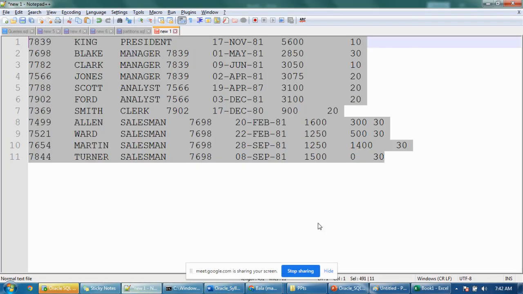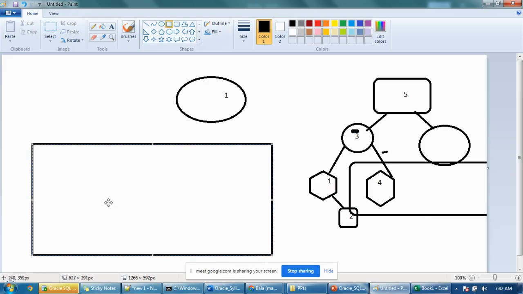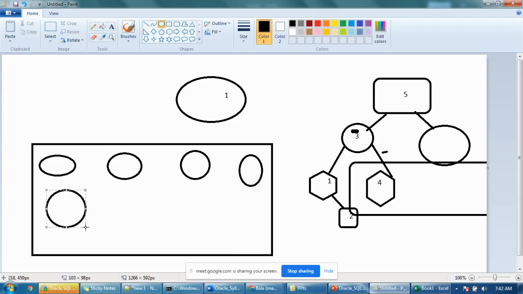Internally, the chain will be like this only. Physically, in the database, how will it store my values? See, this is the database. Inside the database there will be data blocks. Inside data blocks there will be some data files. That is how Oracle stores the data. Maybe the first record you store here, the second record you may store here, the third record you may store here. Like that, data will be stored in different files,